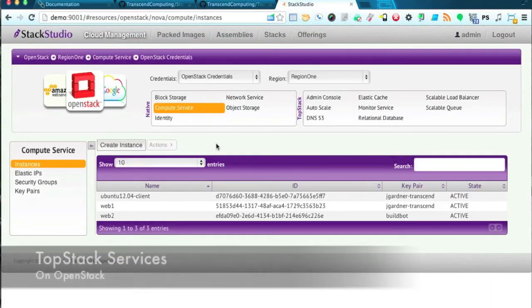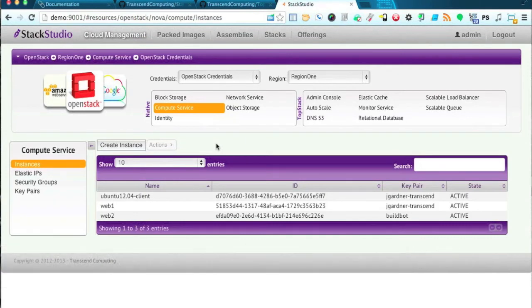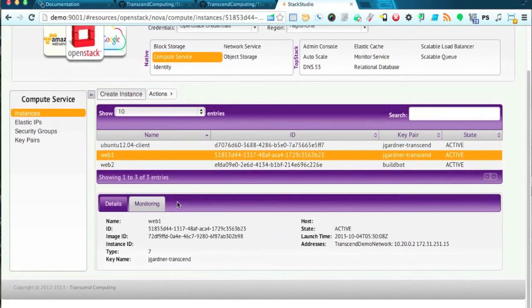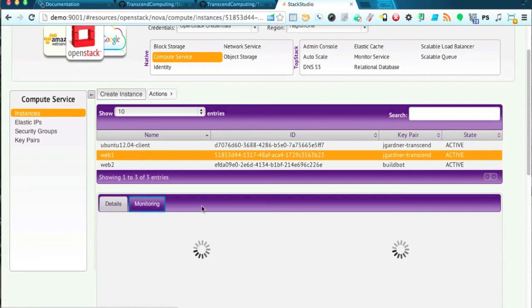Let's talk more about the TopStack suite of services. One service is the monitor service. We actually provide an interface to that within the compute service over here, but it is in fact a TopStack service. We can pick one of these instances that's been running a while, select the monitoring tab on the instance,